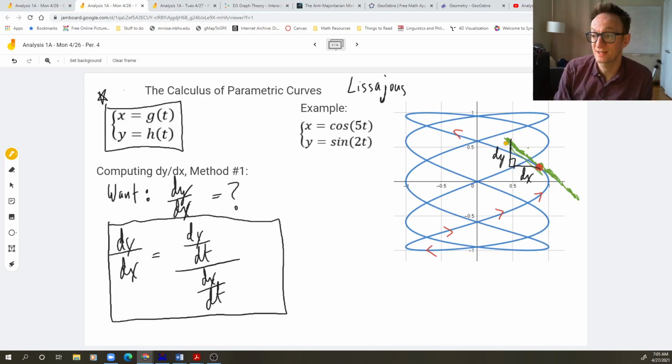And so, in fact, the slope of the tangent line to the curve is the instantaneous velocity vector in some sense. It's the velocity vector because x is moving, y is moving, and at that moment, the tangent line is telling you what the curve would do if you let go of the string on the object and just let it continue going straight. So you should think of this slope as really being, if this is a position,